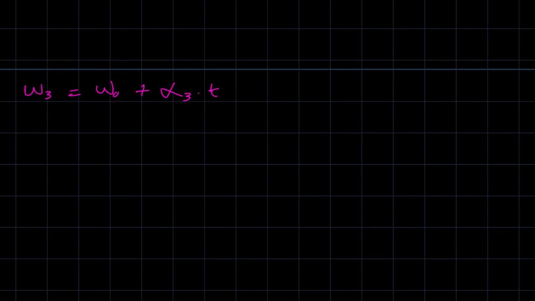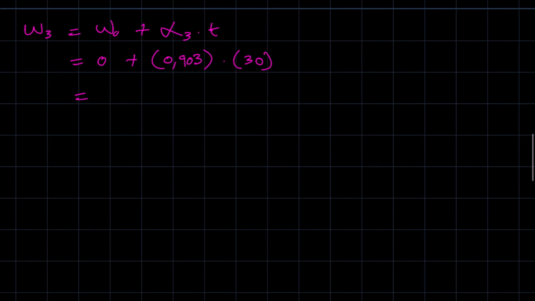This one is the most convenient, seeing that we have everything except what we're looking for. So this will be equal to 0, since it moved from rest, plus 0,903, the time is 30 seconds. If you punch this in your calculators, we are getting 27,09